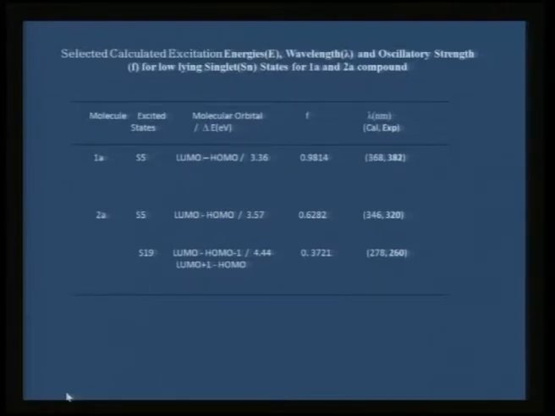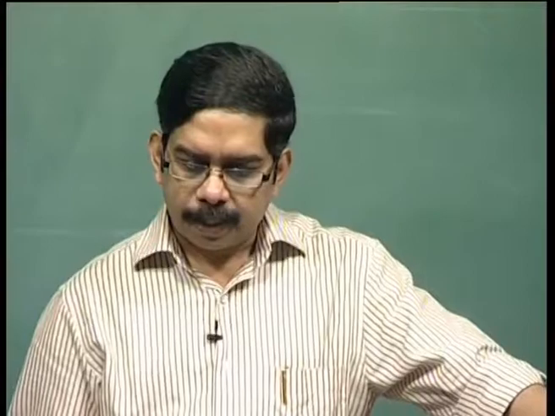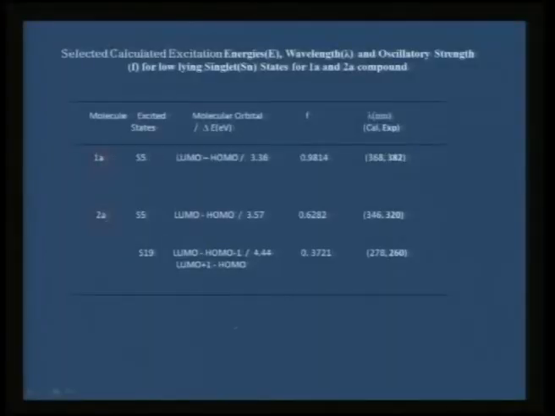And these are some of the energies and the oscillator strengths of these molecules which are calculated. Specifically we have studied the 1A and 2A compounds because we would like to see whether we can make some correlation and try to understand why the 1A and 2A molecules, among the series of compounds that we are studying, are standing out and why they have specifically white light emitting properties. That is the whole notion, and these are some of the data that one can arrive at by doing the calculations.